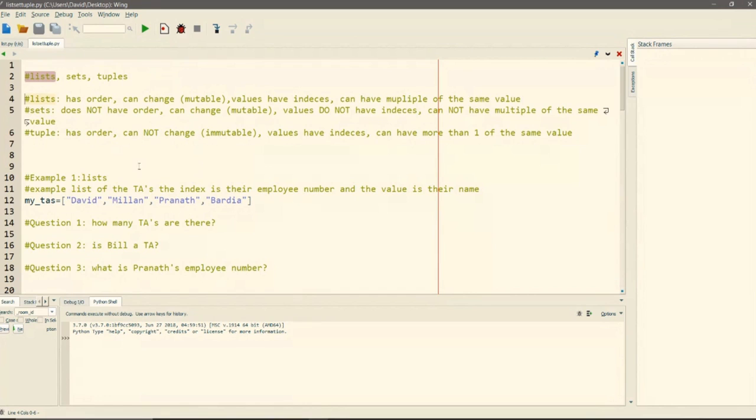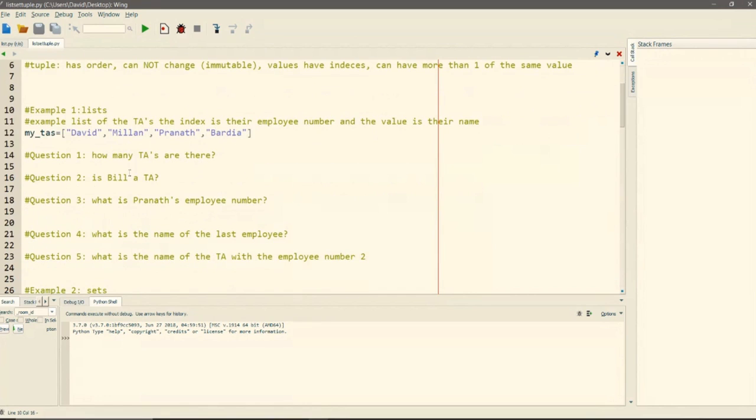Wait, can I say something real fast? For the first example, we're going to be... I have a very fun way that I like to use to help memorize some of the different properties of sets, lists, and tuples. So think about the first letter. A list starts with L. So does life, and life can change fast. So you got to know, and life has an order to it. That's how I remember it.